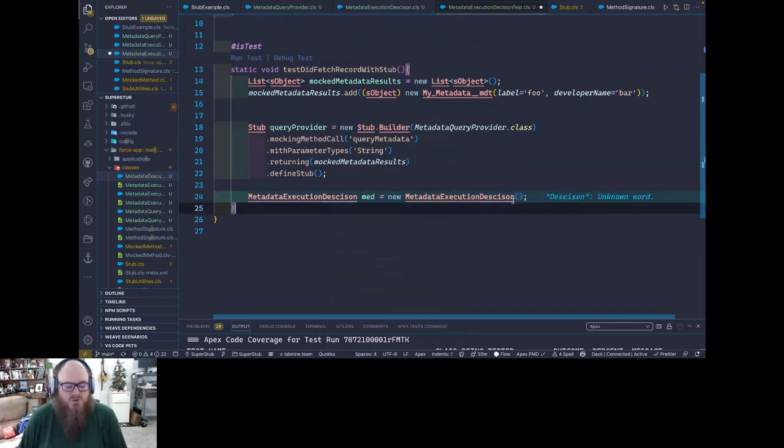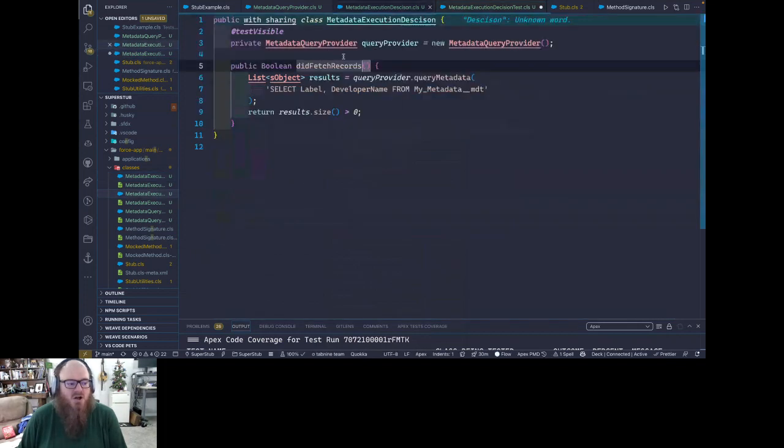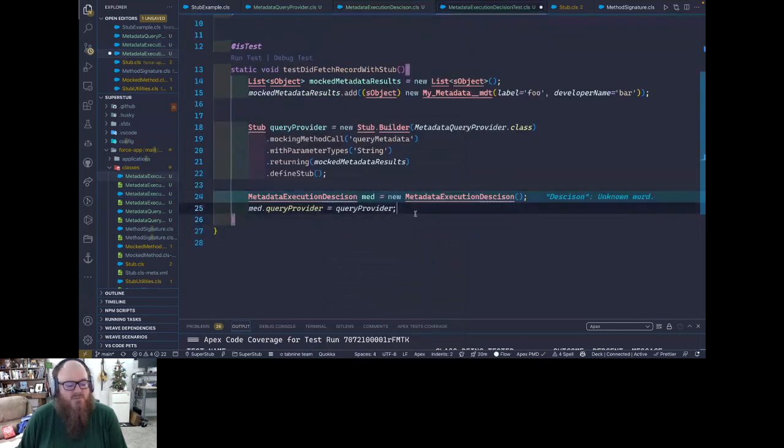So what we're going to do is create that new one, and then we say med dot query provider is equal to query provider. And this allows us to dependency inject our stub into our object. Remember, this query provider will be constructed automatically for us, but we can overwrite it because we've made it test visible. So when we do this, we'll have our query provider there, and now, actually, we want to do query provider dot,